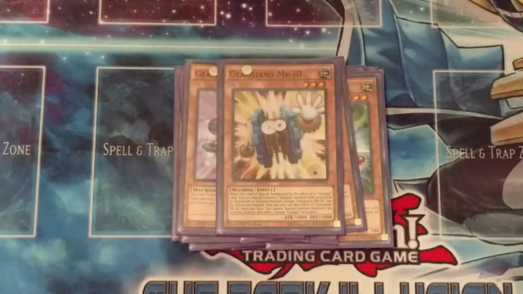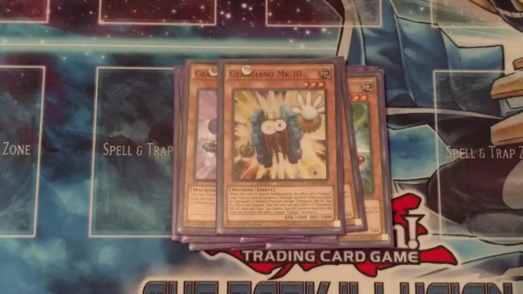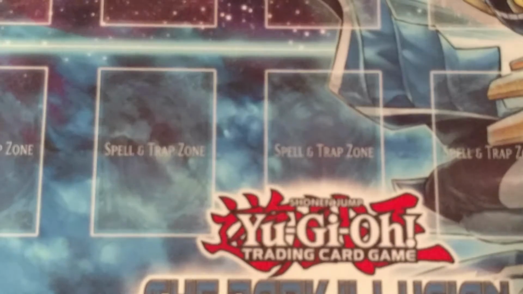You can only special summon out Geargia monsters. That only works if you are playing a pure Geargia build, which this isn't, so that's why you will run this at 1. Now, we're going to move on to the gadget portion, or the other portion of the deck